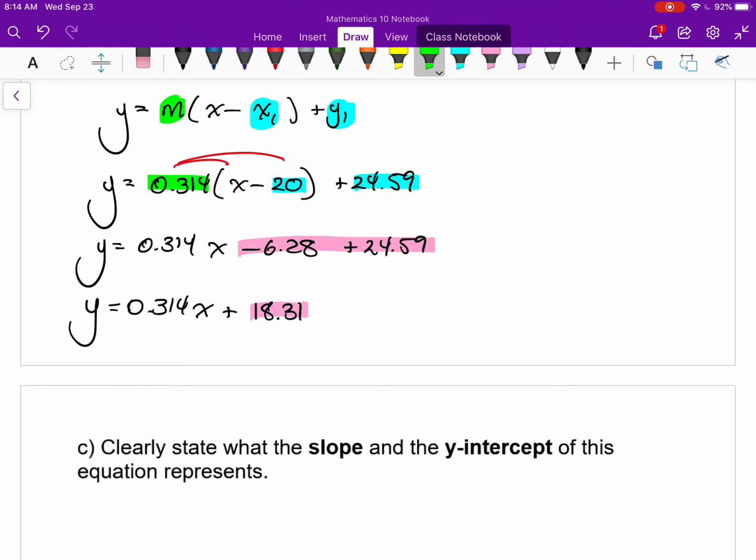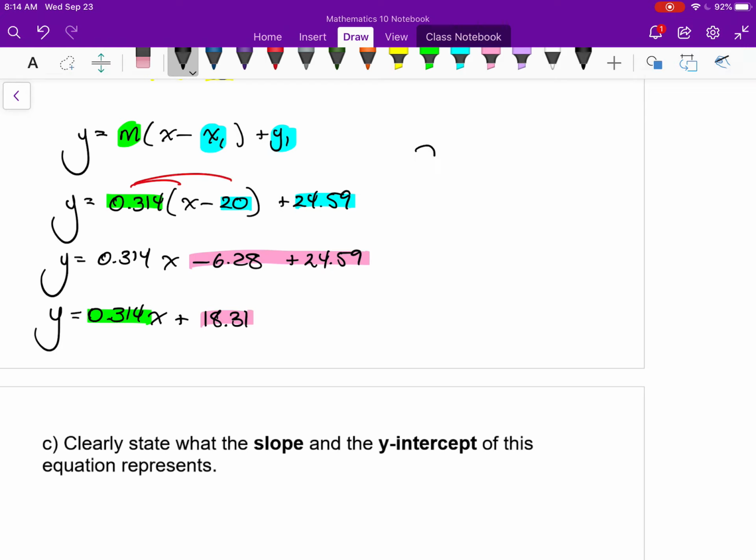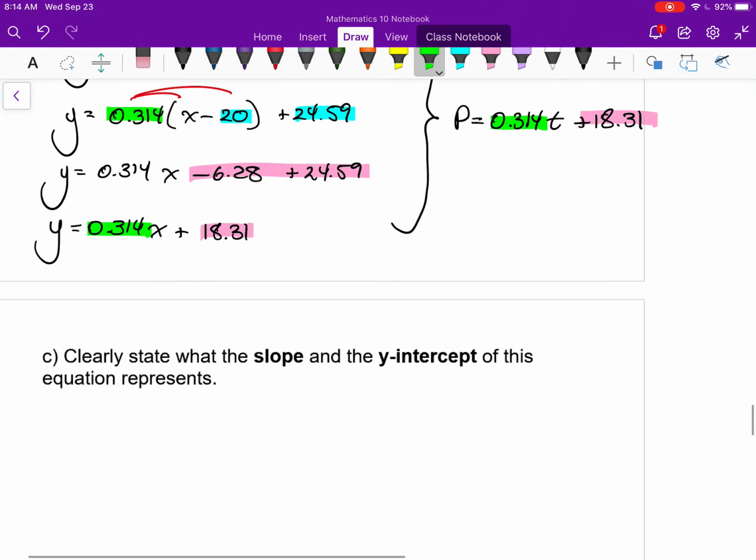There's my equation. So putting this in the form I asked for, I can say, therefore, remember those 3 dots is a symbol for therefore, the population equals 0.314 times t for time instead of x plus 18.31, where 18.31 is my y-intercept and 0.314 is my slope, which leads me to the very last question, which is what do the slope and the y-intercept